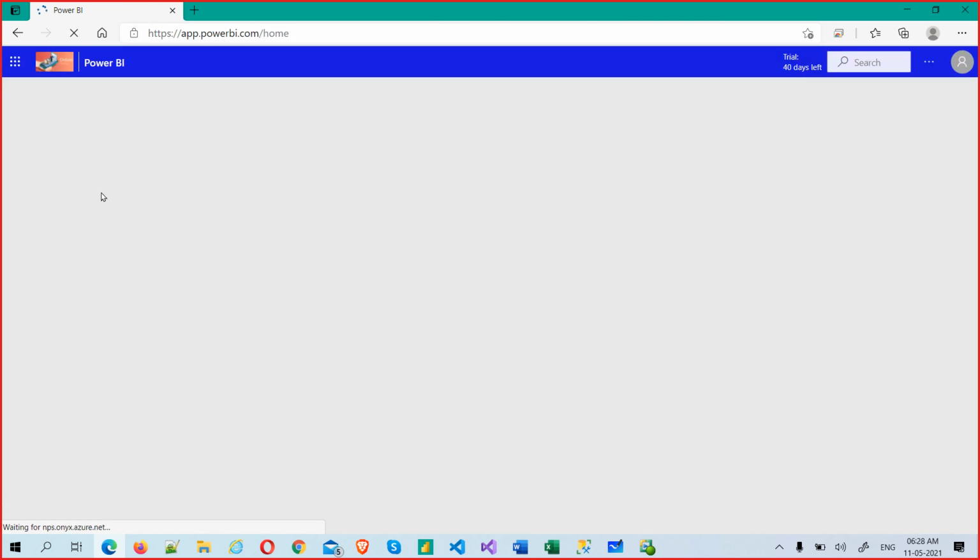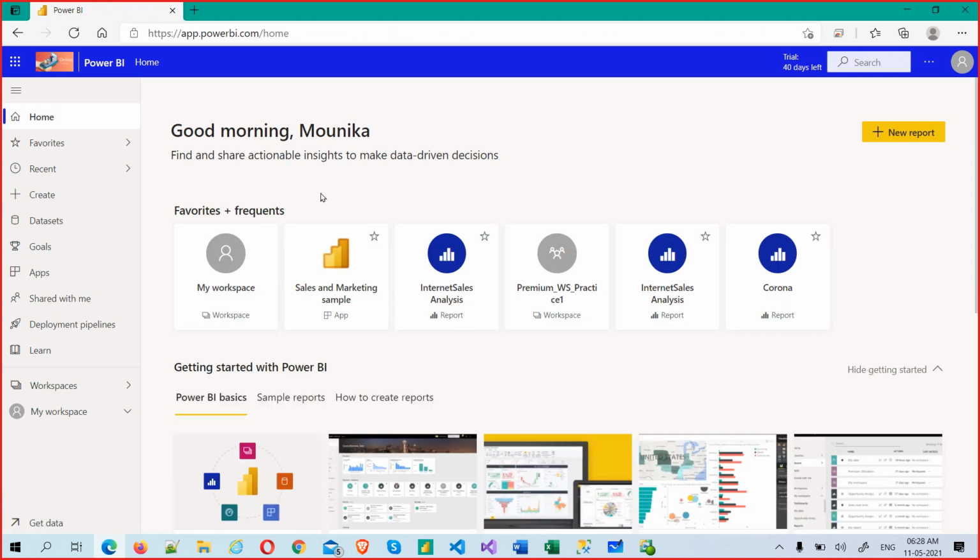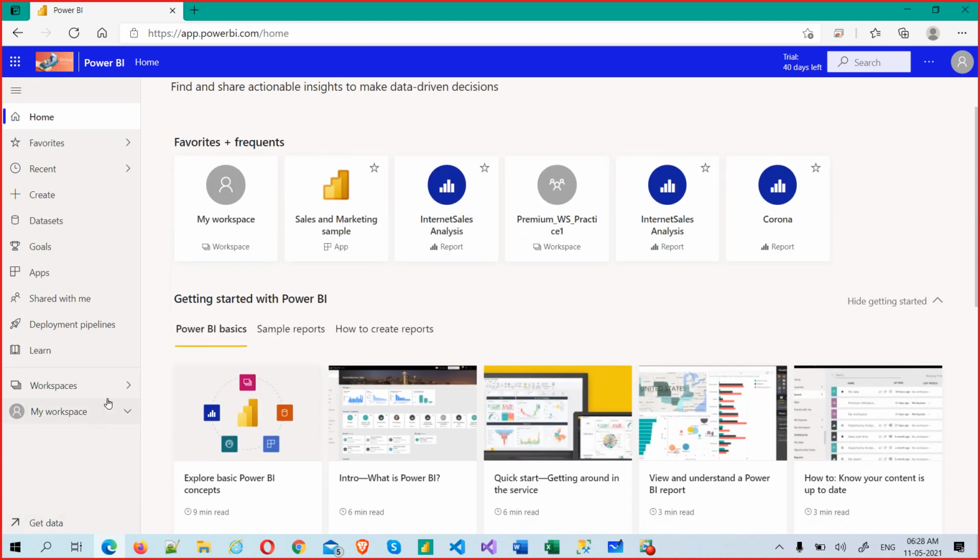For me, it is directly loading. For you, it will ask you to log in, and also to log in with two-way authentication. What does two-way authentication mean? Your mobile authentication. Yesterday we discussed. Now let's go to a workspace and get data. This is the option I would like to use.